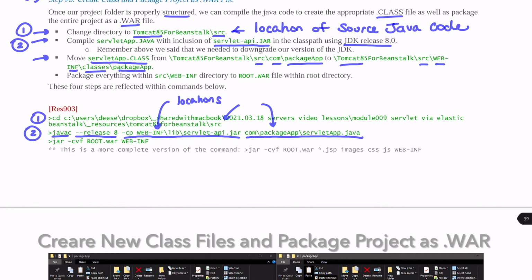Next, once our class is in the appropriate location, we can go ahead and package everything within our source/webinf directory to the root.war file, and that's going to be executed with this command down here, which is essentially jar -cvf root.war. It's essentially telling the command what the name of the target is going to be, and then we're only